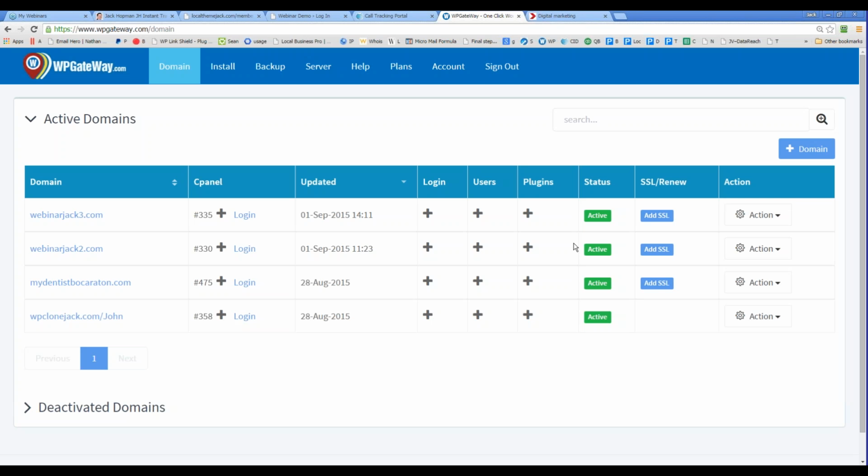if you didn't, someone is hacking my sites, and the only thing that is not of the backend is the theme. It's not because the theme is not updated. You want to have a good security plugin installed. One of the things we did with WP Gateway, if you go to account,